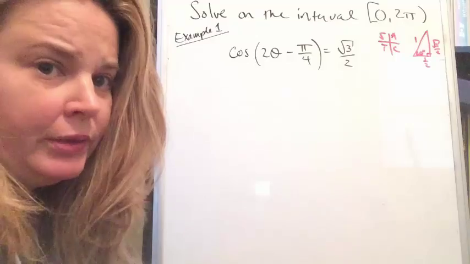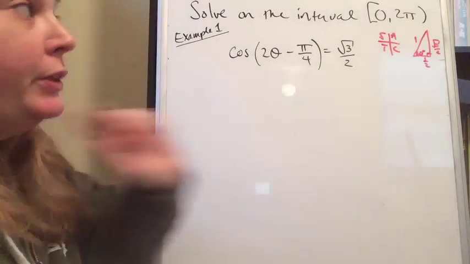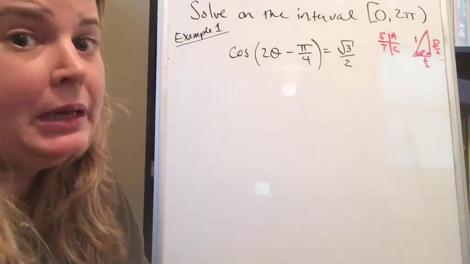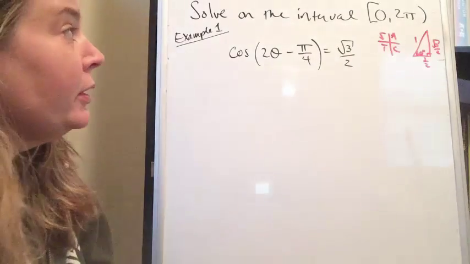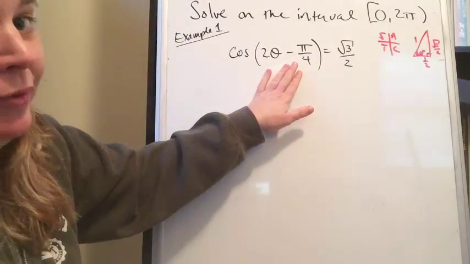So we're going to solve some trig equations. And for these two examples, we're going to restrict the answers to be between 0 and 2 pi. So I only want answers that are between 0 and 2 pi. However, in this problem, the argument has been modified, so I'm going to have to start off with the general